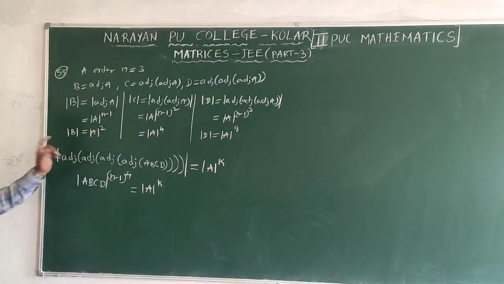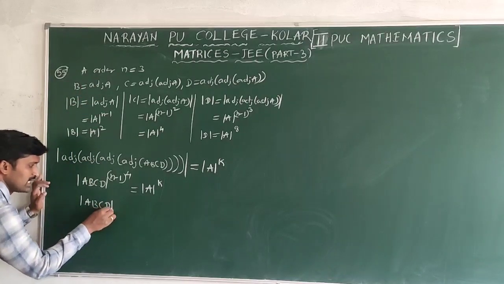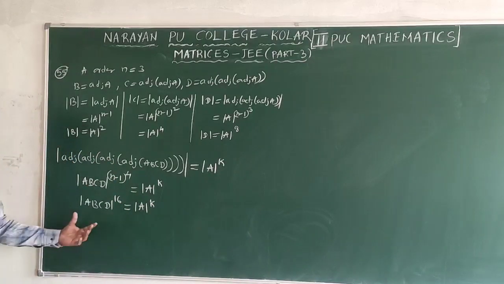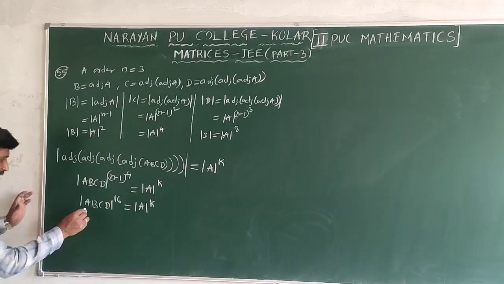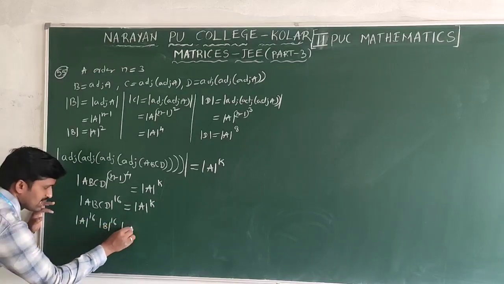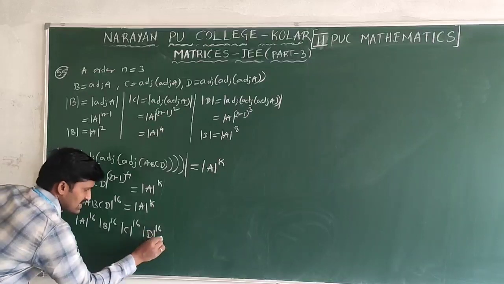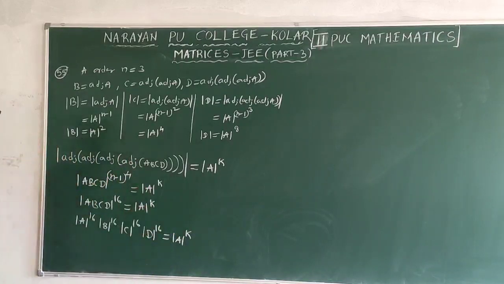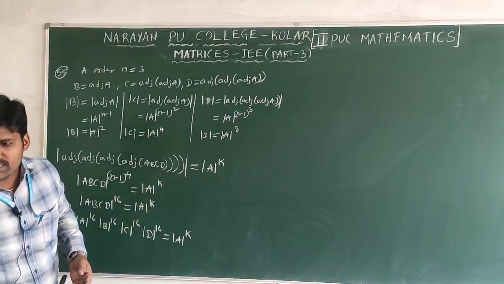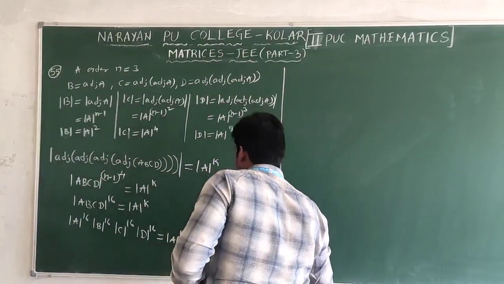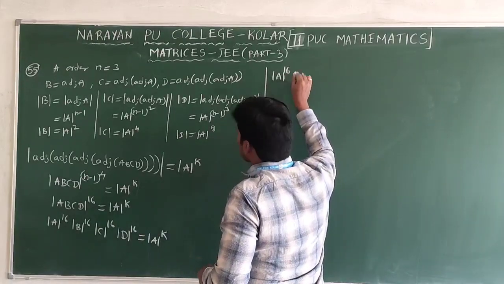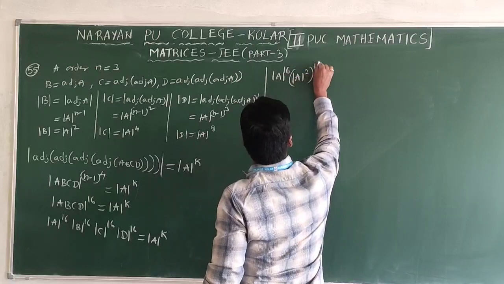The n is clearly 3. So what will we get here? Det of A B C D whole power 16 equal to det A whole power K. Det of AB means you can write det A into det B. Like that, you can split into all terms: det A power 16, next det B power 16, det C power 16, det D power 16, equal to det A whole power K. Already we know the values of det B, det C and det D in terms of det A, which we got at the start. That's why substitute all values in this. Det A whole power 16 fixed. Det B means det A whole square, whole power 16.